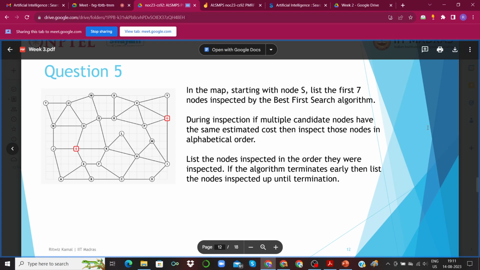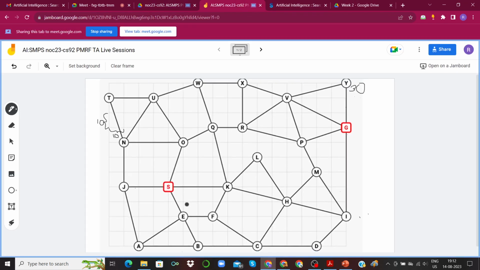Okay, so now we are going to use a different algorithm than what we have been using thus far. We have thus far been using depth first and breadth first search, or DBDFS or DFID or whatever. Now we are going to use heuristic based algorithms. And this particular algorithm is called the best first search algorithm. So what this one will do when it is inspecting a particular node, say suppose it is at this node S,